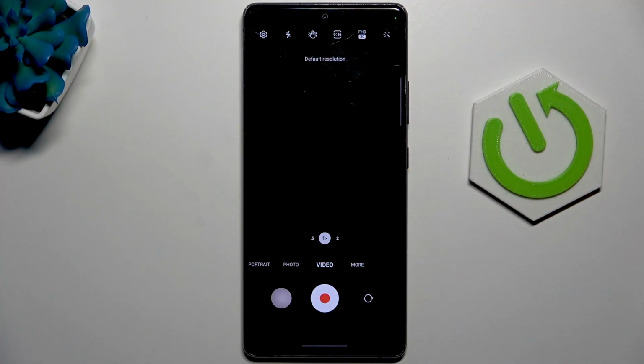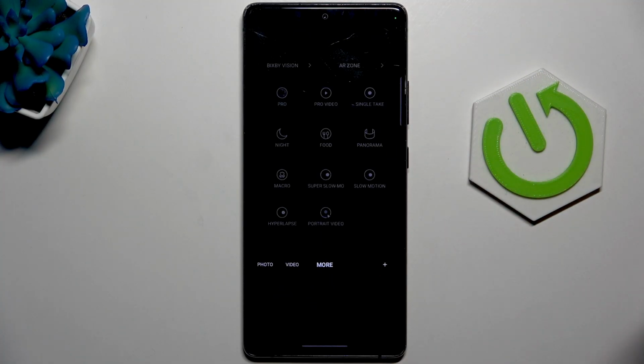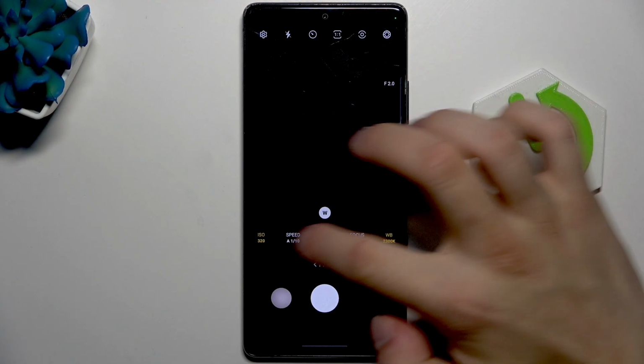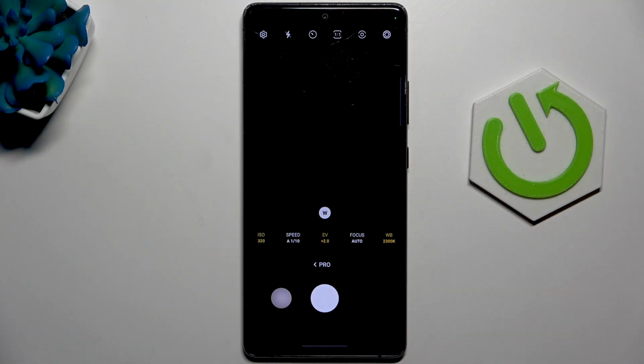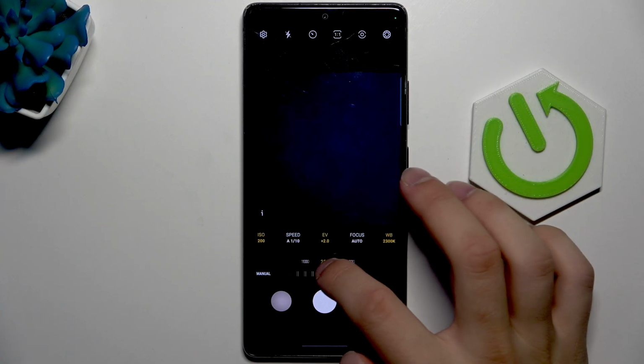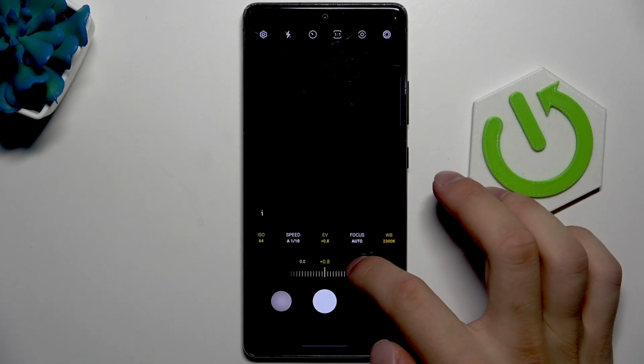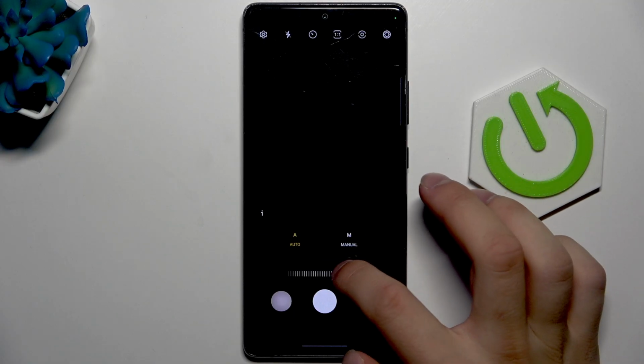the resolution. In more, we can select Pro. In Pro, as you can see right here on the bottom, we have a couple of options more. You can manually select the ISO, shutter speed, here the exposure, focus,